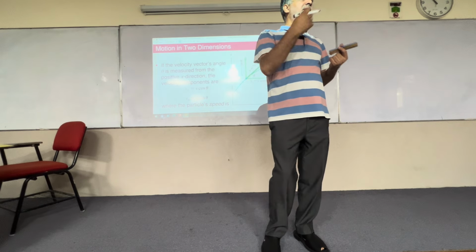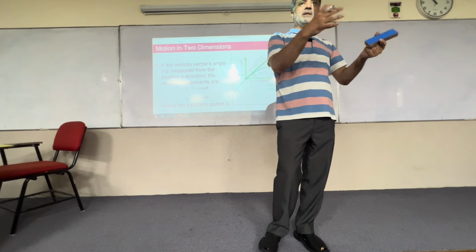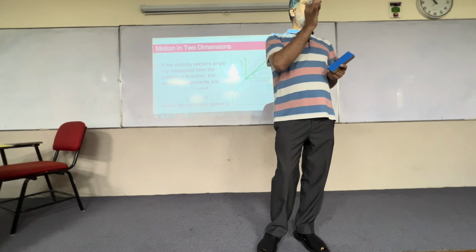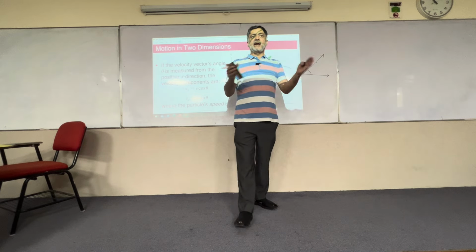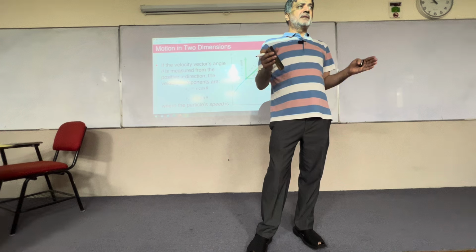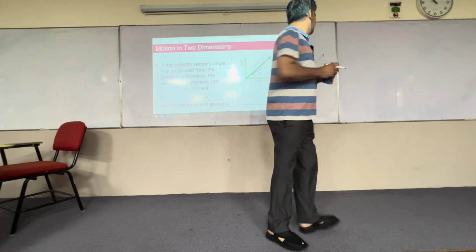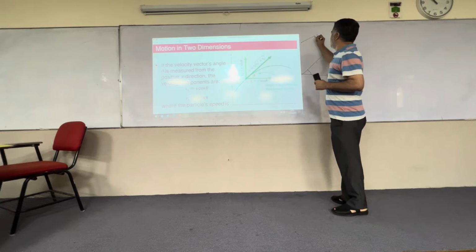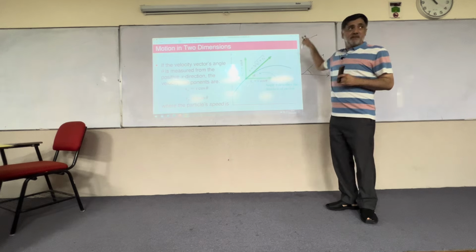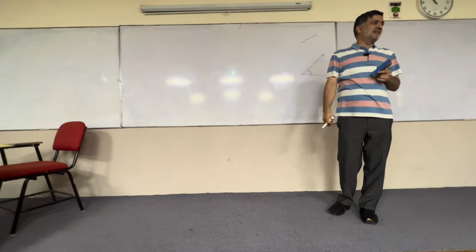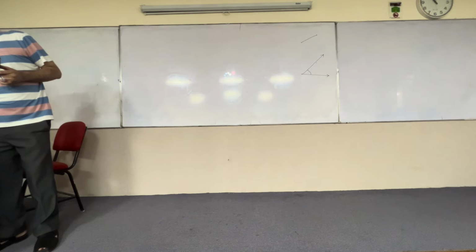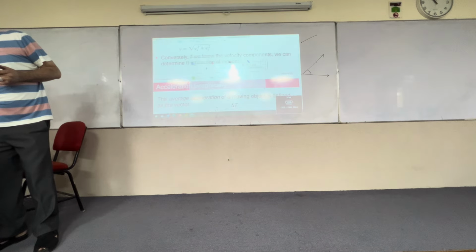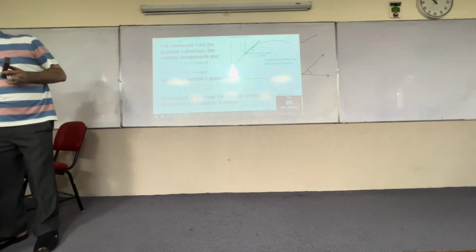So depending on how I ask a question, if I allow you to be informal, it's fine. But if my question requires you to be accurate, then you have to distinguish between the angle measure and the angle, just like line segment and the length of a line segment. This is a line segment, but the length is a length. Length is not equal to the line segment. Yeah? Did you understand? Okay, so